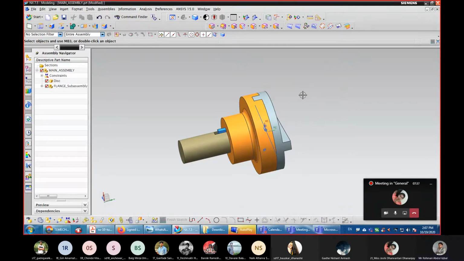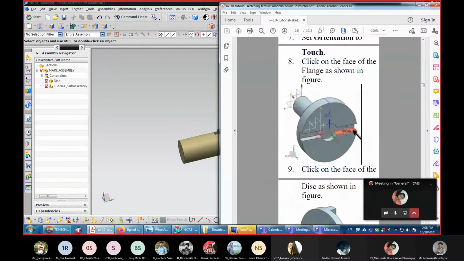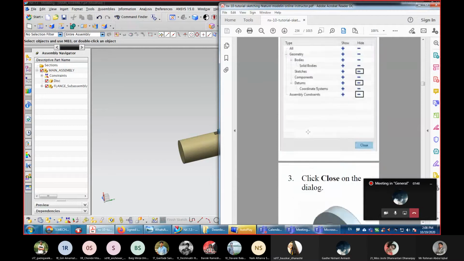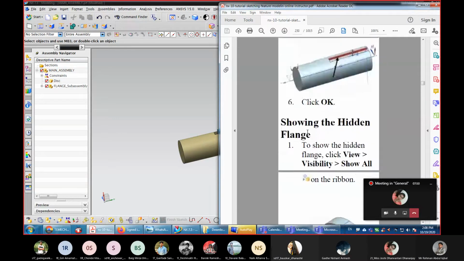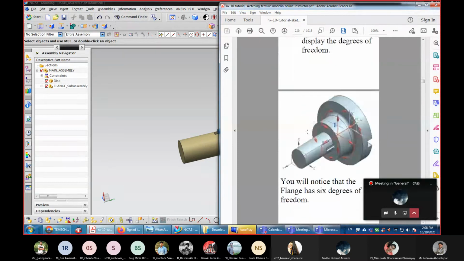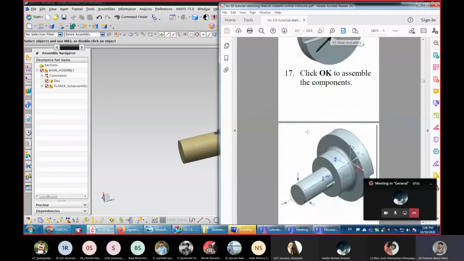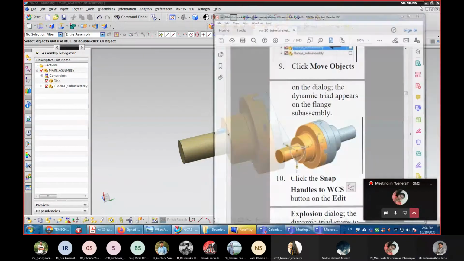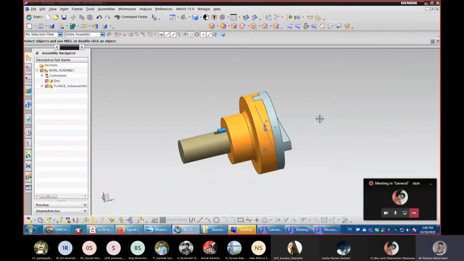Then next, we need to add this flange sub assembly one more time.